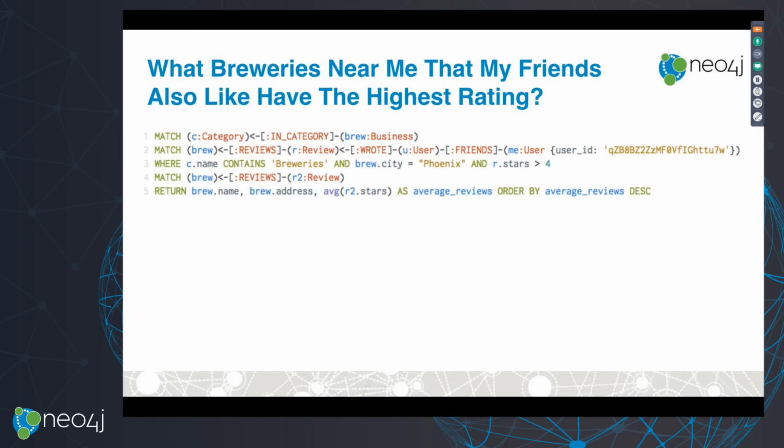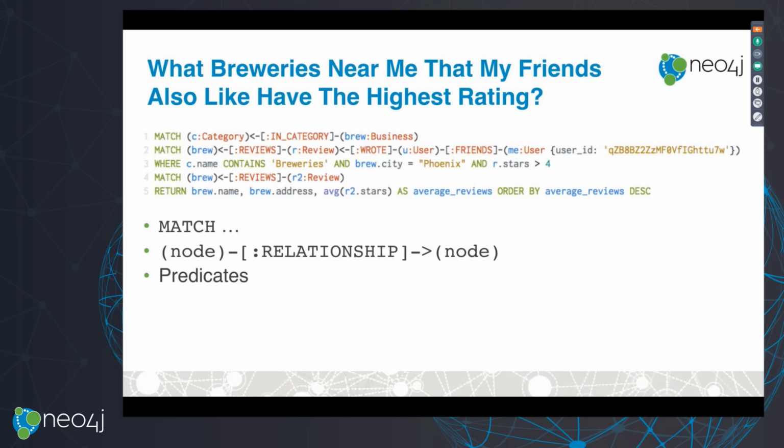Let's take a look at some components of Cypher that we used to answer this question. Well, we started off with a match clause, and match takes a graph pattern. So we saw how we can express simple graph patterns. And again, we saw previously there are more complex things we can do, things like variable length paths, those kinds of things. But we saw how we can express basic graph patterns. We saw how we can express some predicates to filter our results. We saw how we can use aggregations, things like the average and the count function, and we saw how to